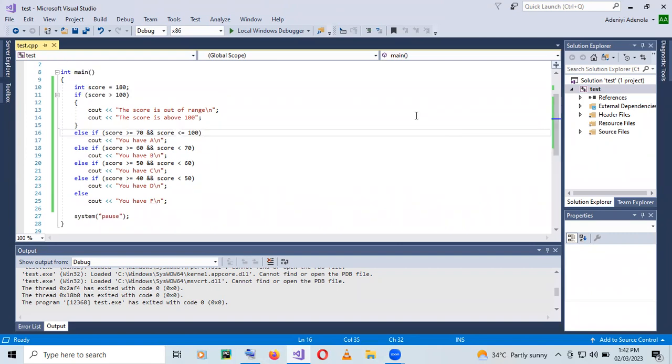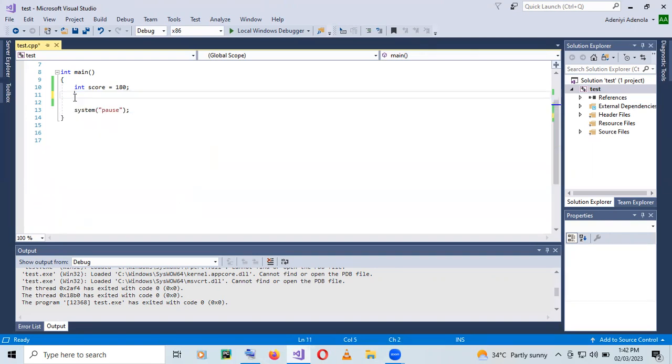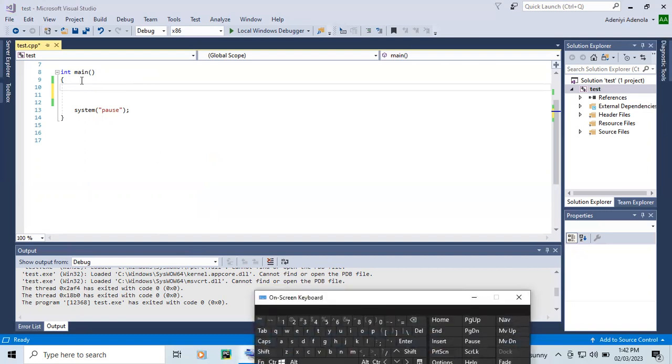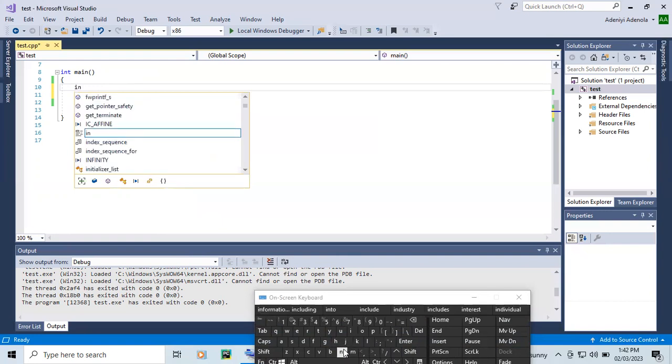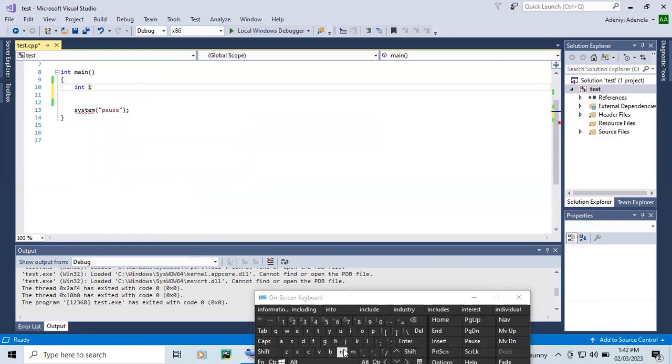So let's also see how to use our loop, a for loop. Now, a for loop is used when we know the number of times a statement will be executed. So a for loop is used when you know the number of times a statement will be executed. So let's say I have a variable called I,